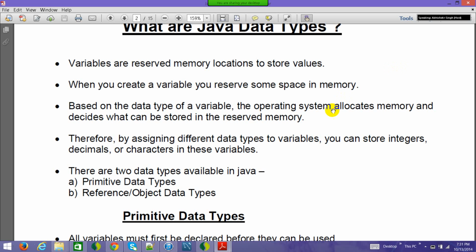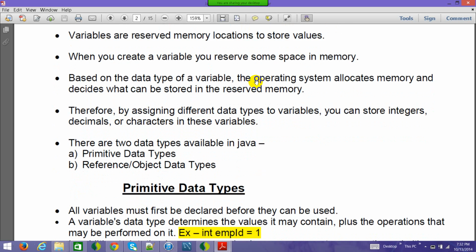And because of that, say I have serious memory constraints because I'm writing a very huge application, right? And if this is a huge application, it may be the case that I need to conserve memory, because after some time my memory might run out. So in that case, instead of using a bigger memory location, a bigger data type, my program might be sufficient to run with a smaller data type. So all those things are there which we can use, and it depends on the various data types which are available.